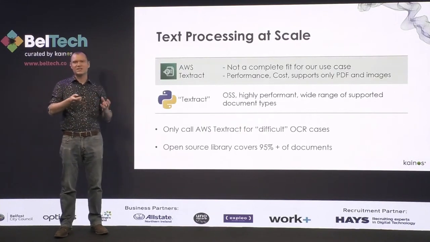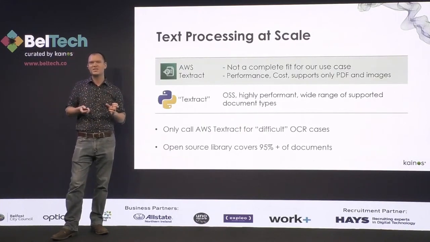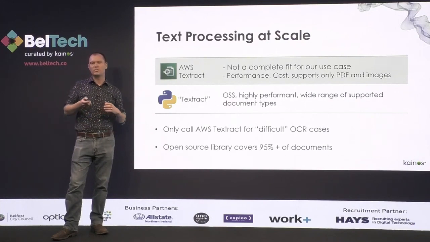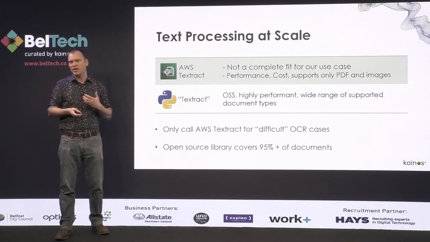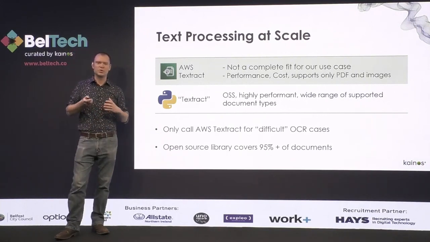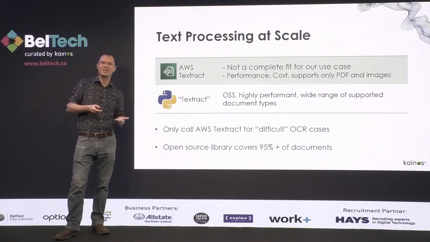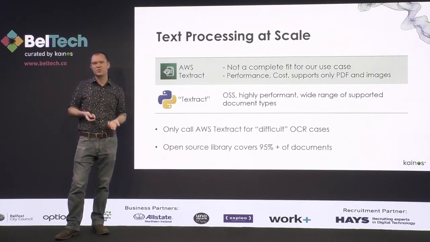So in that text extraction part of the solution, there's a lot of complexity hidden. Comprehend expects raw text, but that's obviously not the format that you're getting any of this data in. So from an engineering perspective, the bulk of your effort around making use of a machine learning service is in that data pipeline part of the solution. So being able to use the different tools at your disposal to get the data into the format that the tool expects. And confusingly enough, both of the tools that we ended up using are called Textract. One is a service from AWS, the other is an open source library.